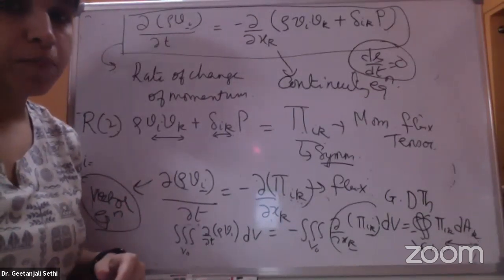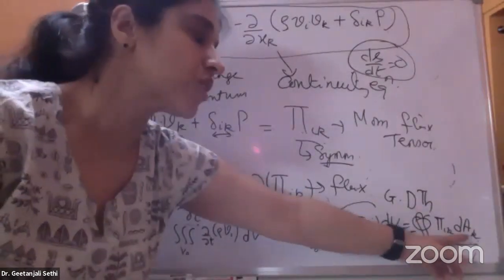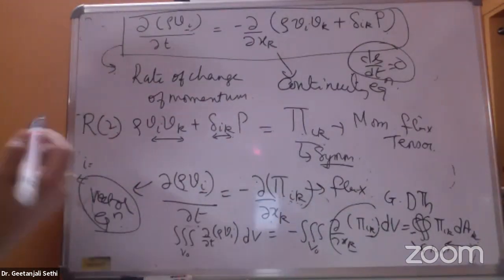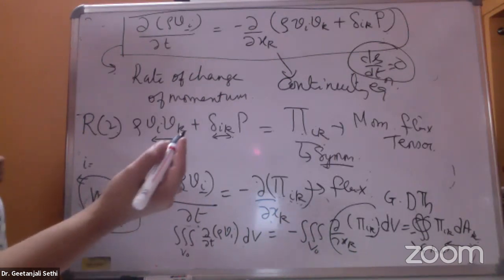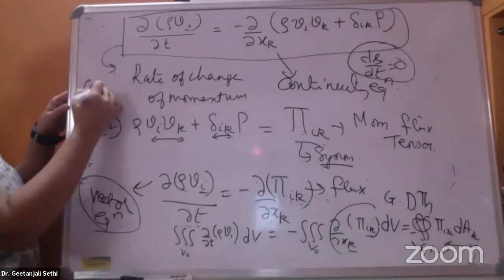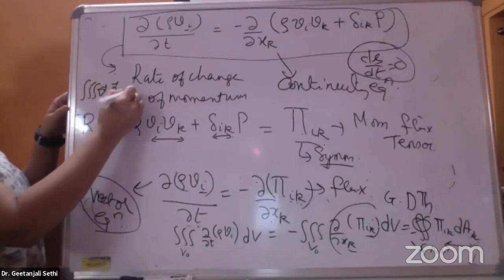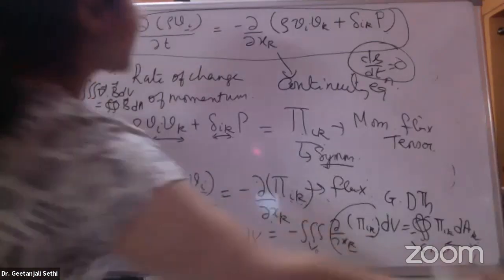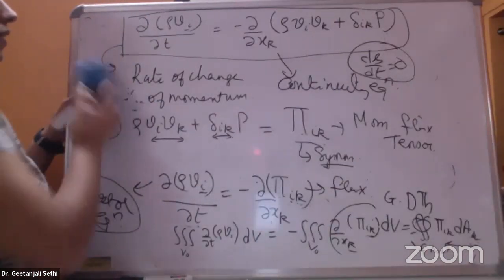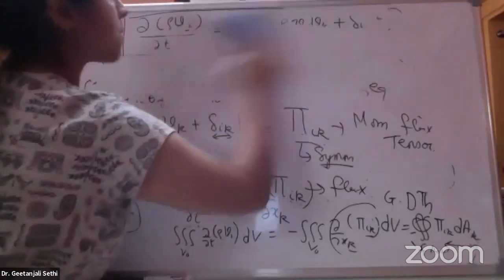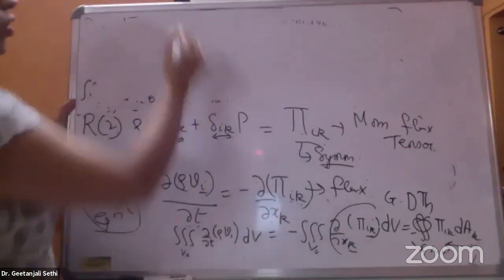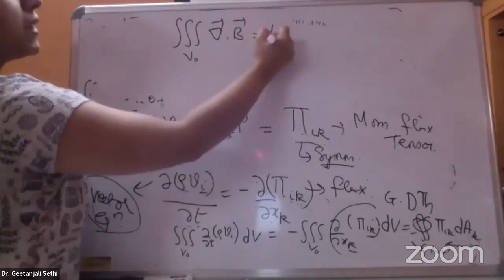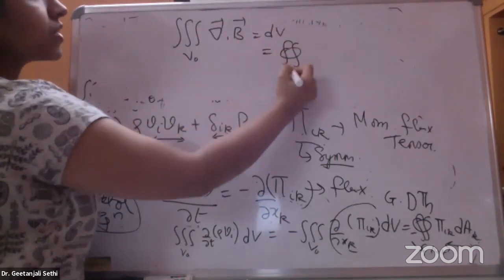Somebody has asked, repeat what is dak. Okay, so dak is just, if you go back and look at how you write down the equation, you use Gauss divergence theorem for any vector is just b dot da. Let me write it a little big here. So this is somebody's question, what is dak? If you look at Gauss divergence theorem, for any vector b, you can write for that vector b